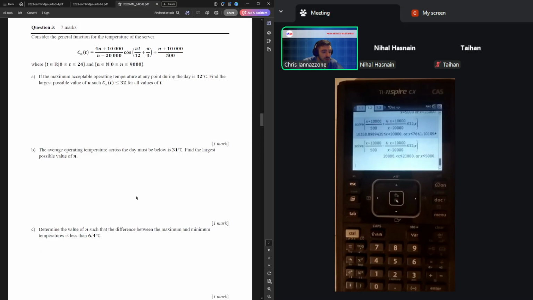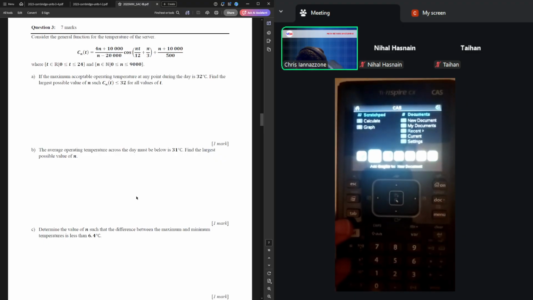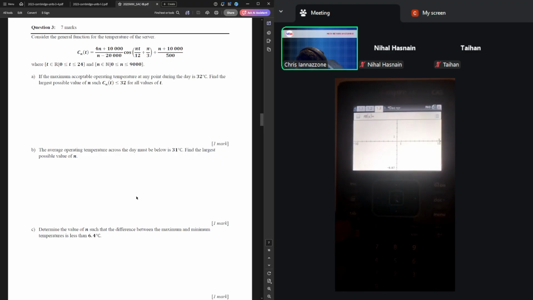One of the easiest things we could do would just be testing all these values of n that we just got and just plot the function and see what happens. And that would be the most immediately visible way of doing it. So we can set our peak of 32 as a ceiling for it. Then we can go